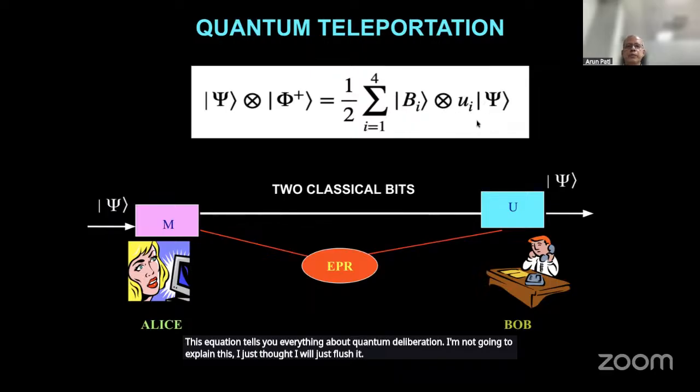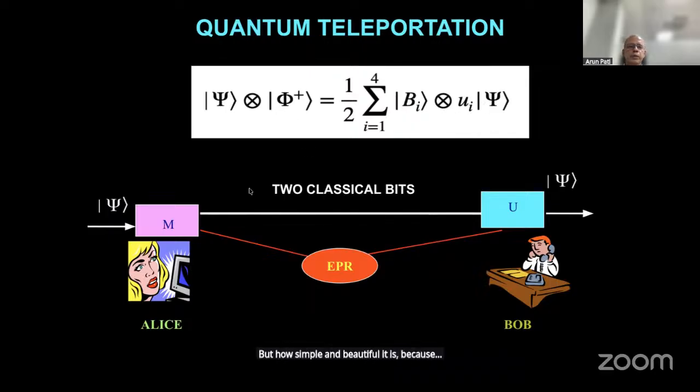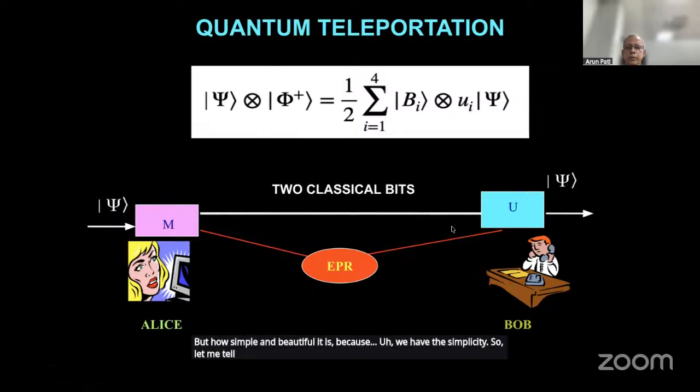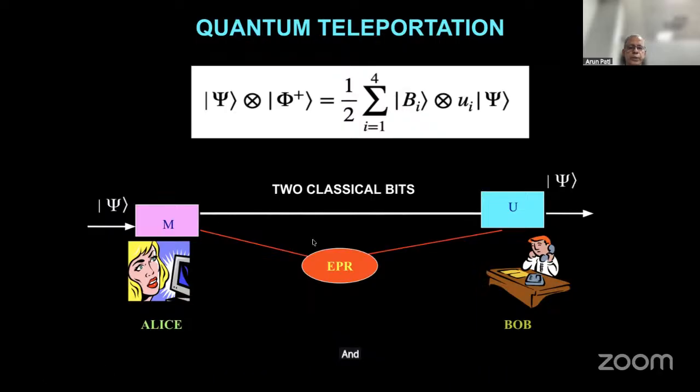That is how simple and beautiful it is because of the simplicity. So let me tell you how this setup looks. You have Alice and Bob, and somebody comes and gives a single copy of a quantum state, like a qubit, to Alice, and Alice's job is to teleport this to Bob. Now they have this entangled channel, basically a spin singlet or